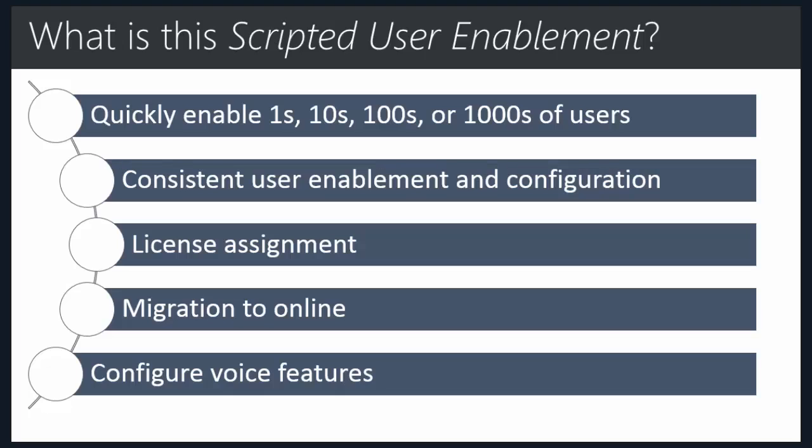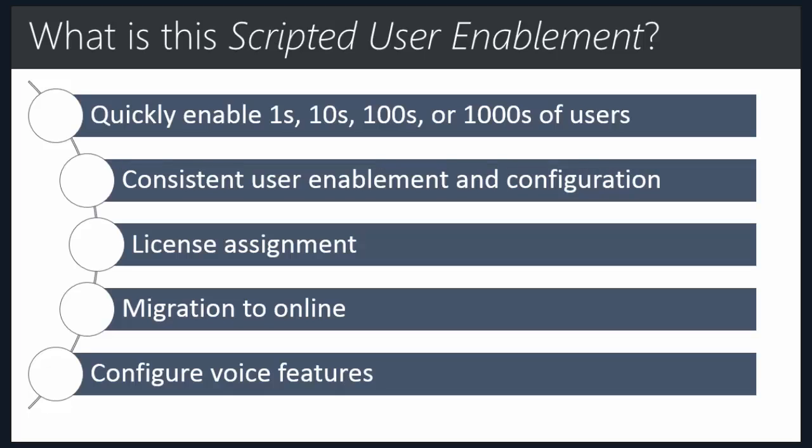the assignment. The other thing is that once you assign a license to a user, many times there is a time that you have to wait between that license being assigned for it to propagate through the system and for you to be able to go and actually do the configuration of those features for users. If you're doing this through the portal, you may do the license assignment and then get distracted and come back a few hours later and try and do the rest of the provisioning. By doing it through the script, in which it can automatically pause, validate for that license to be assigned, and then once it's assigned, go through and complete the process, it gives you the quickest way of end-to-end configuring a